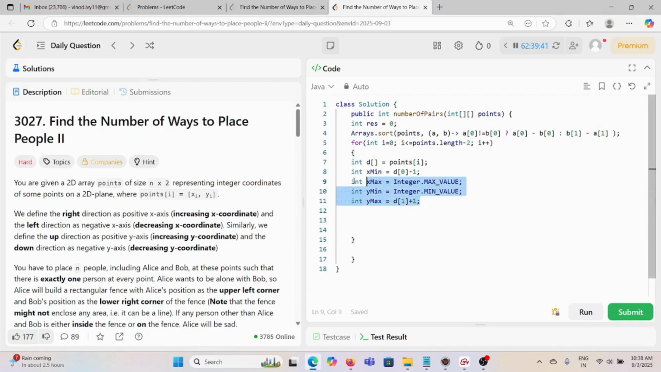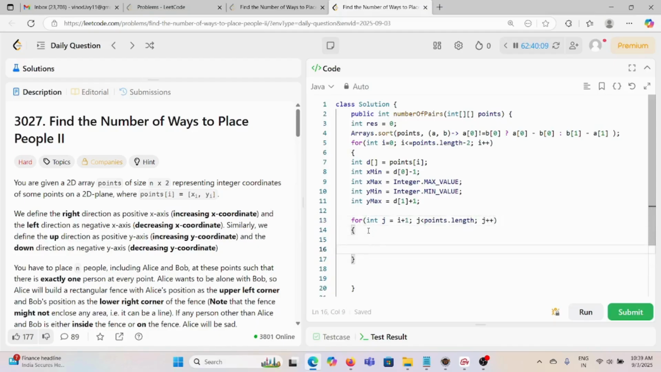Now we have to compare these values. So what we are going to do is use the for loop again. This for loop would be int j equal to i plus 1, because we are looking for all the right side locations for Bob. So j is equal to i plus 1 and j is less than points.length, and j plus plus. Now what we are going to do is